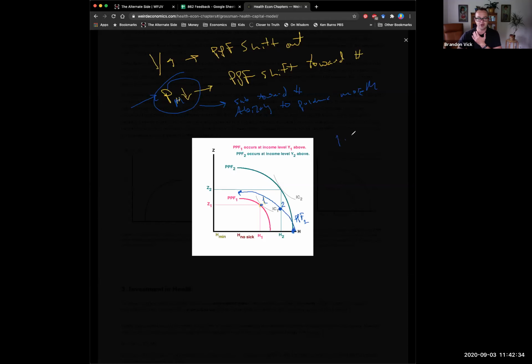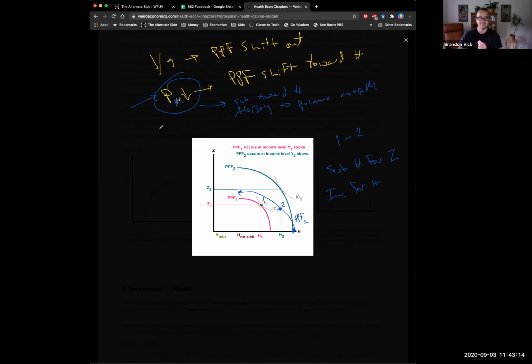Okay. So 1 to 2 means that I'm substituting H for Z because of that lower price ratio. That difference in price has become more appealing to me. And then have an income effect for H. So I'm spending a greater amount of my overall income on H. Okay. So I'm seeing a nice big effect from 1 to 2 based on